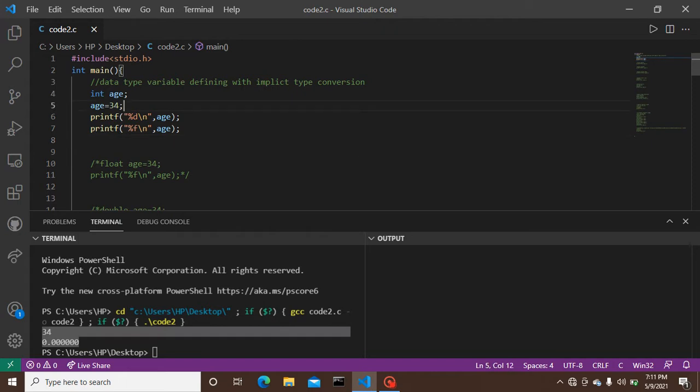Let's have a look at line number 4. This age is a variable which is defined as of integer type. That is, we have declared our variable to be of integer type. Here, the variable age has been assigned a value of 34, which is a constant for our variable.